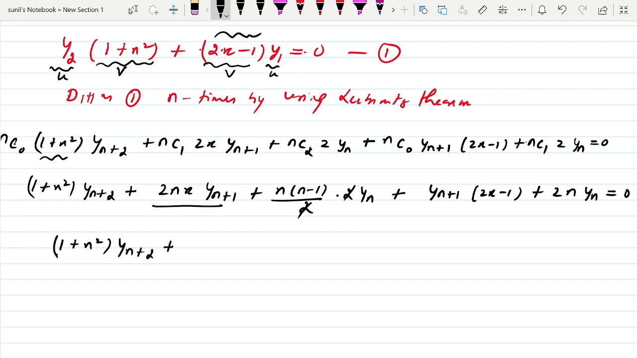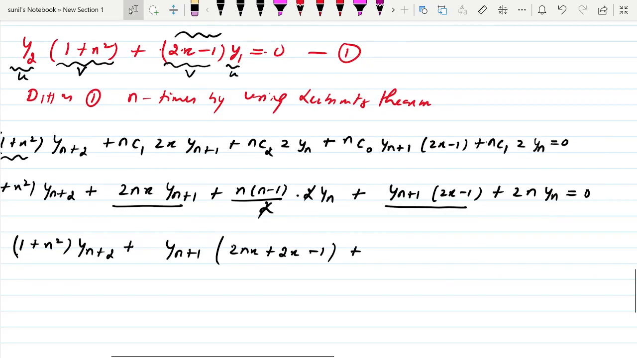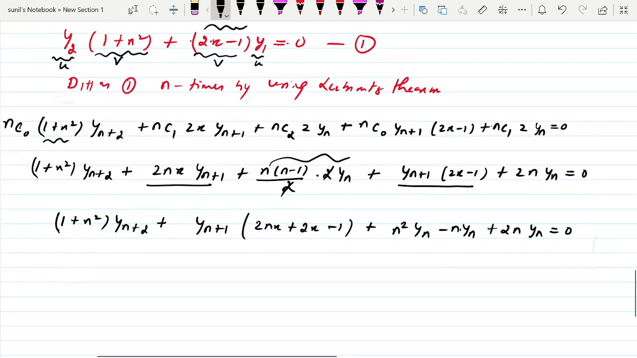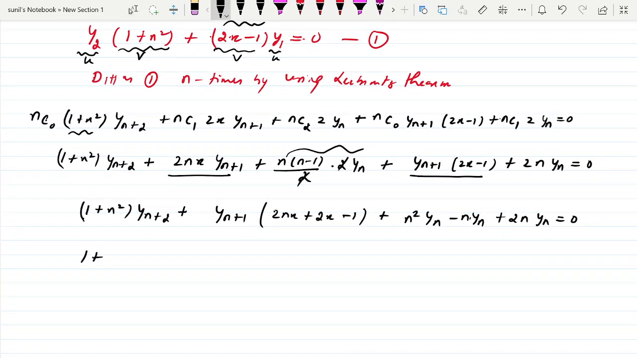Now see this term and this term, if I take y_{n+1} as common, I will be having 2nx plus 2x minus 1, and now this can be written as these two terms. If I multiply and simultaneously n square y_n minus n y_n plus 2n y_n equals 0. Now I can further write this as (1 plus x square) y_n plus 2. Okay, now if I take 2 common here,